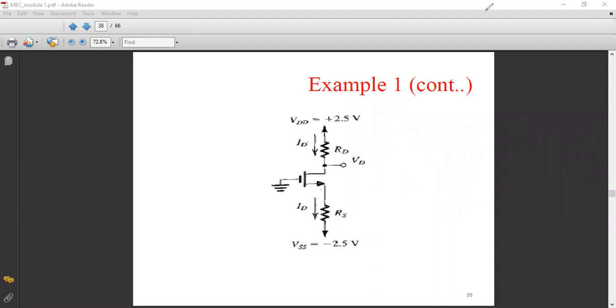RD is the drain resistance and RS is the source resistance, which are the unknowns of this particular circuit. Okay, so all of you note down, RD and RS are the two parameters which we need to find out from the circuit diagram. So please draw the circuit. The circuit is given to you, and some specifications are also given, like the threshold voltage, mu n into COX, that is your Kn dash, VD, ID. Everything is given to you. Based upon that, we have to find RD and RS.